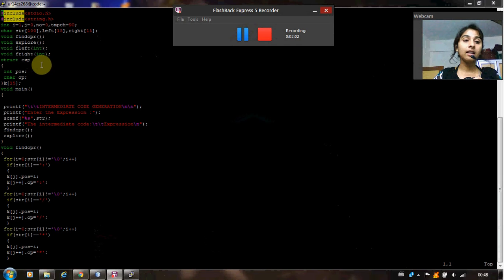I have declared a structure here called exp, and inside the structure I have a few variables, and the structure object k, with 15 as the size of the array. In void main, I simply take the expression from the user, and then